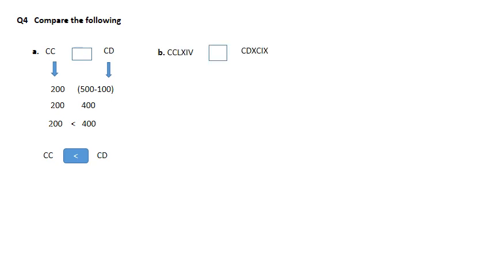Okay students, what is given here? CC is written twice. So 100 plus 100 becomes 200. Now if you see here, next is LX. The value of L is 50 and the value of X is 10. So 50 is greater than 10, so here we will do L plus X. And here I and V, we will do 5 minus 1, which is 4, and you already know IV is written as 4. So the answer for this Roman numeral is: CC means 200, LX is 50 plus 10, 60, so 260, and here it is 4, so 264.